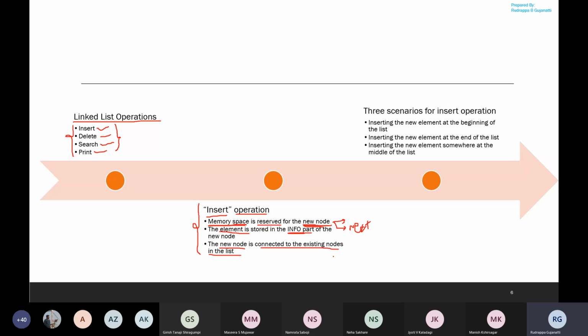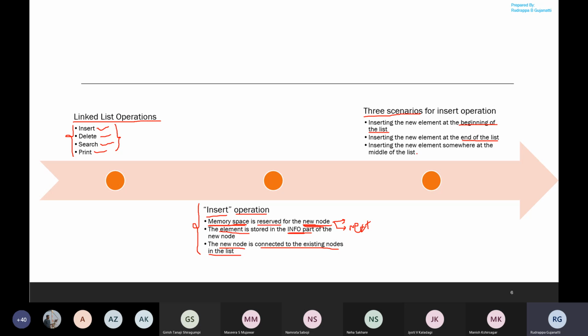Now, when you're inserting data elements in the linked list, you will come across three possible scenarios, depending on where the element is inserted. If the element is inserted at the beginning, there are certain aspects you have to look out for in how the insertion goes ahead. If the element has to be added at the end of the list, what changes have to be included when we are adding it at the end?